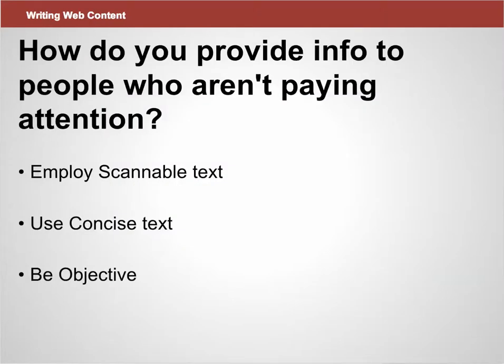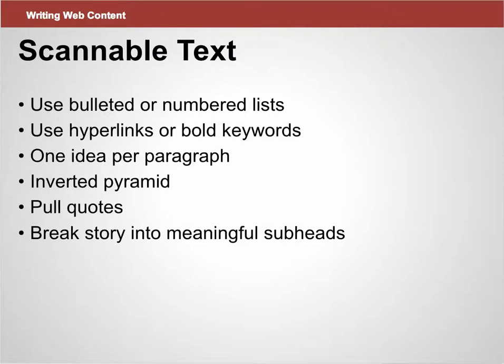So how do you provide information to people who aren't really paying attention? People who are looking at your site for 6 to 8 seconds before they commit to actually reading it. Nielsen suggests 3 strategies. Employ scannable text, use concise text, and be objective, which will be really easy for you guys because you're journalists. So how do we make scannable text? Use bulleted or numbered lists, use hyperlinks or bold keywords, include just one idea per paragraph, use the inverted pyramid,